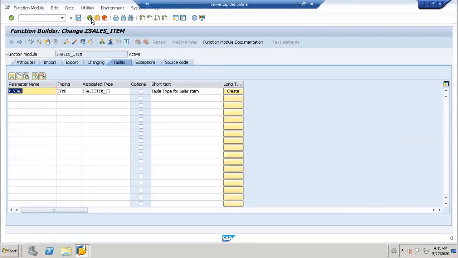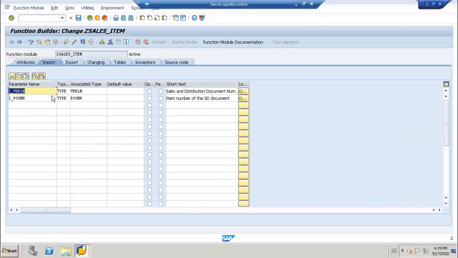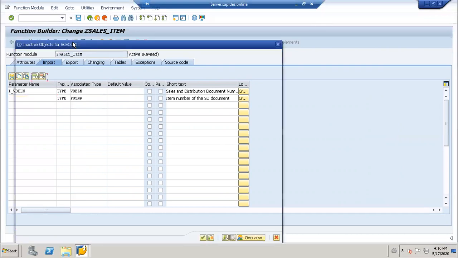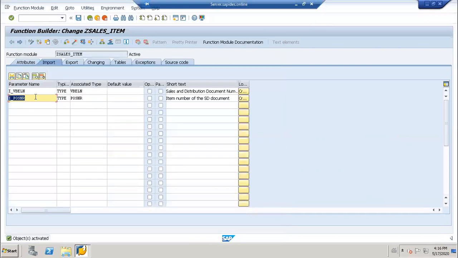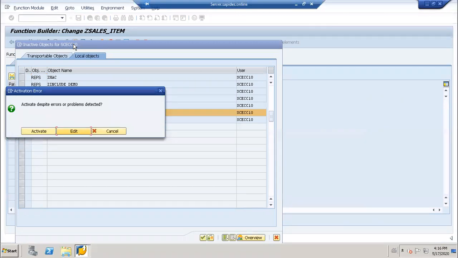Now what are the things I will do? In the importing, I'm just removing this PARTNER. I don't want PARTNER. I want to fetch based on sales order, one sales order. I cannot remove it directly, I can delete over here. So here, activate this.